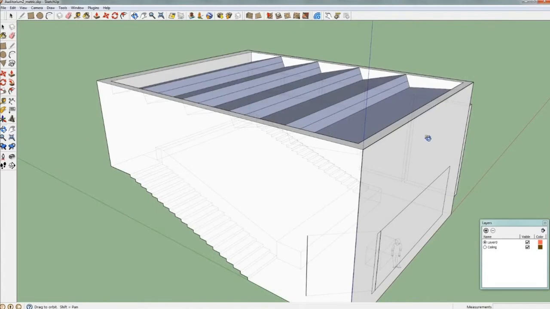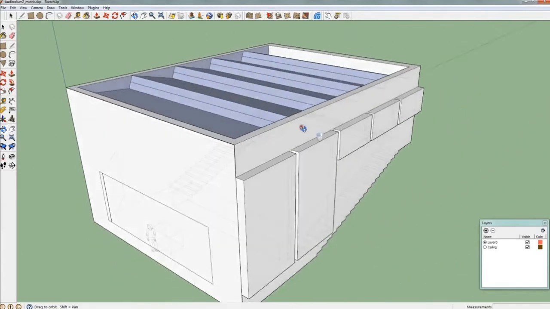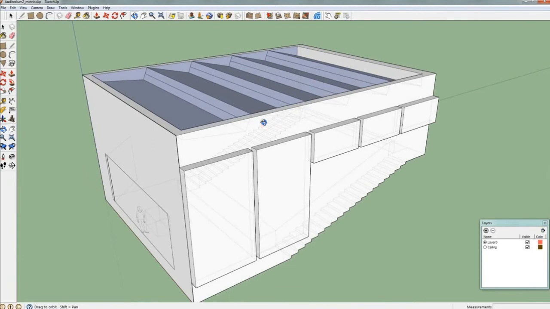So this is the model that we are going to make in this tutorial, and I hope you will have fun and enjoy it.